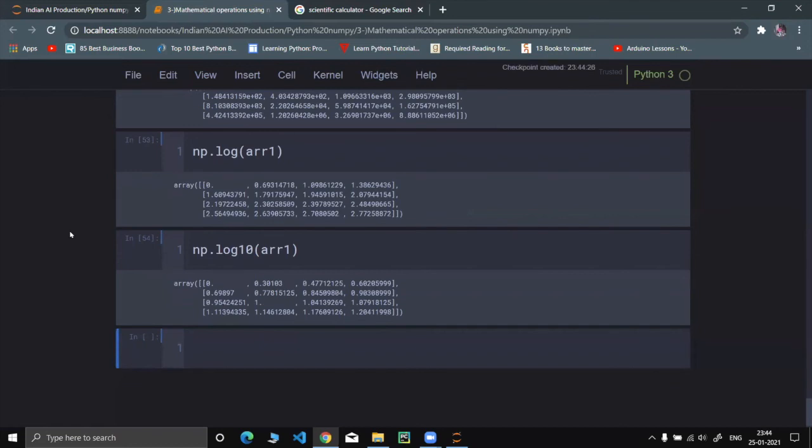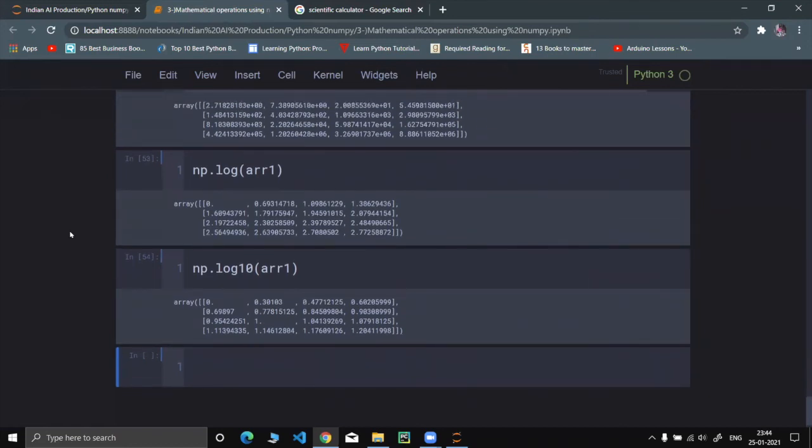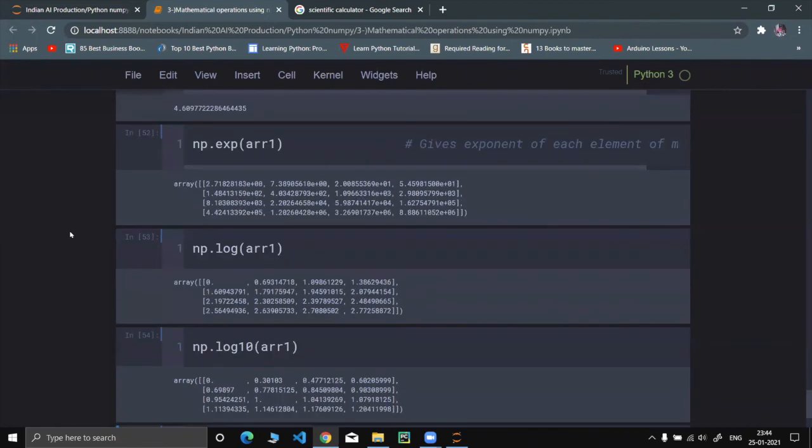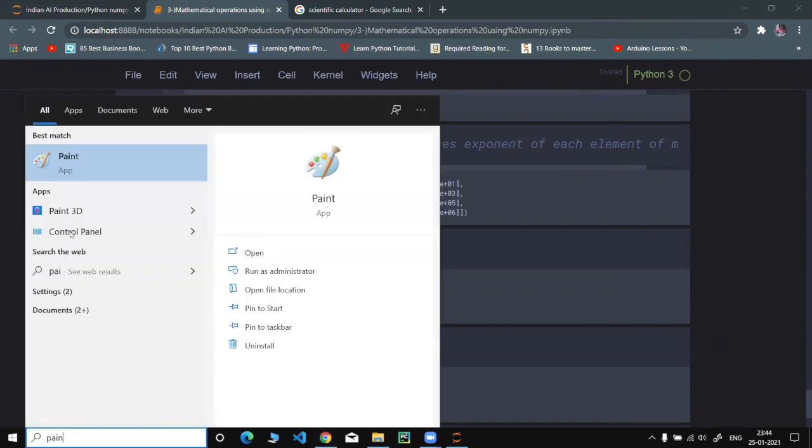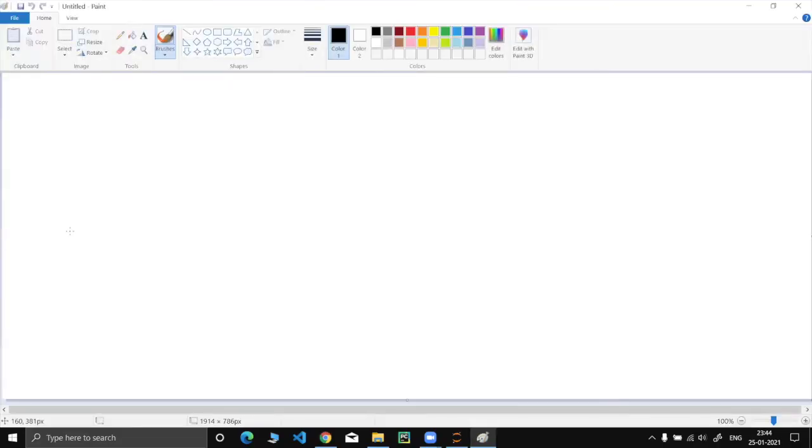In mathematics, logarithms are the inverse operation to exponentiation. In the previous example, you were calculating the exponential value, and logarithm is the inverse operation to it. The logarithm of a number is the exponent to which another fixed value must be raised, so whether you use base 2 or base 10, we can calculate it.